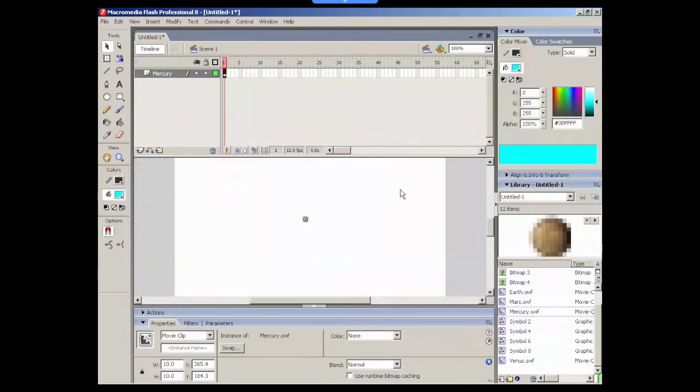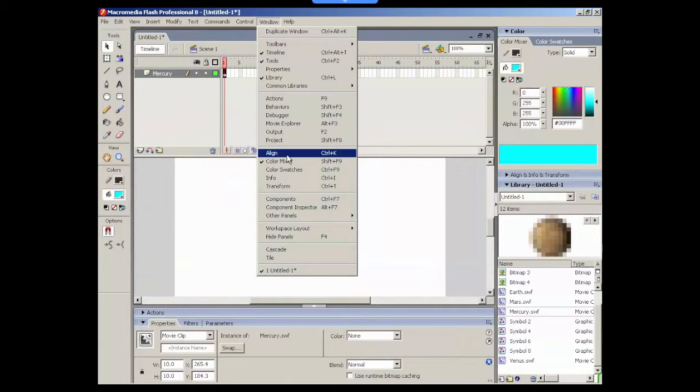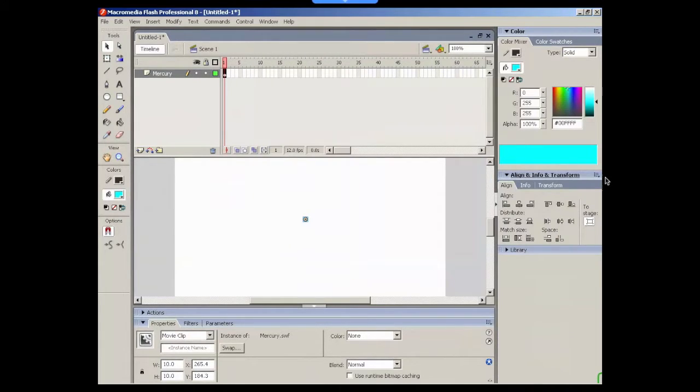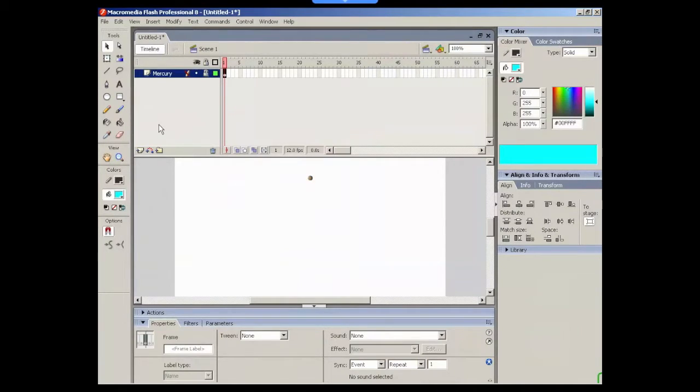At this point we need to make sure that that's aligned to the centre of the stage. So if we open the Align window, make sure To Stage is selected and align it to the centre. At this time we're actually going to change the Y position from 200 to 100, and that's Mercury added. So for the moment, if we just lock that layer,